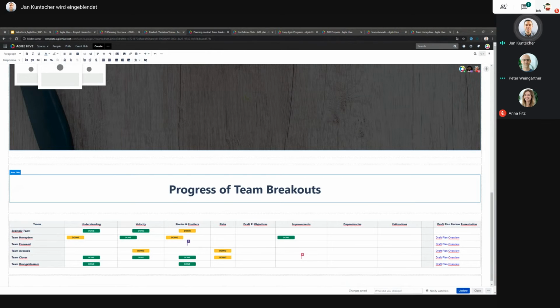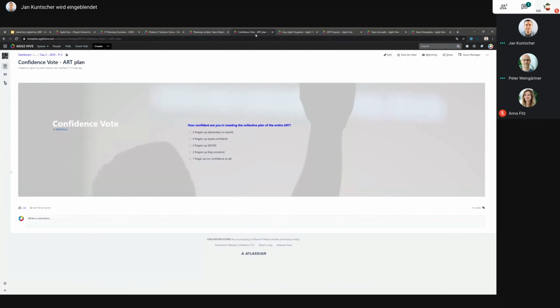The next thing that I want to show you is just very quickly also the confidence vote that will happen on day 2, just to show you that maybe it's not very easy for you to handle 120 people to do a confidence vote remotely. So what you can do right now is you just click, for example, on, I'm quite confident. I will click here on 4 fingers, I'm sorry. And now you see I'm the first one that voted here. And after several minutes or seconds,